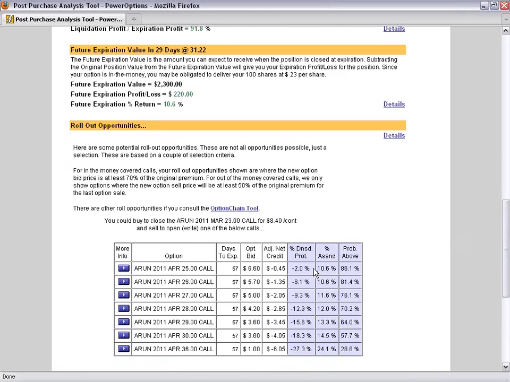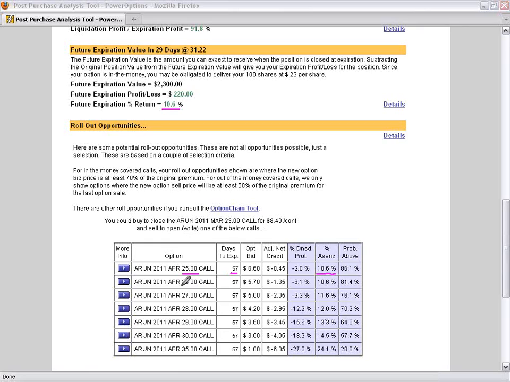We have some Aprils listed, but where's our trick? See, there's not a lot we're gaining here because the stock got away from us. If we hold to March expiration, we'll make 10.6%, if the stock's still trading above $23 per share. It's now at 31. If we bought to close this call, our 23 call, and rolled just to the 25 call, for the next 60 days, we're gaining absolutely nothing.